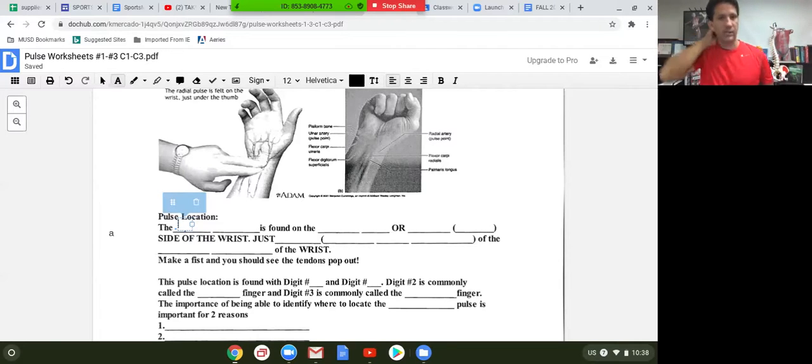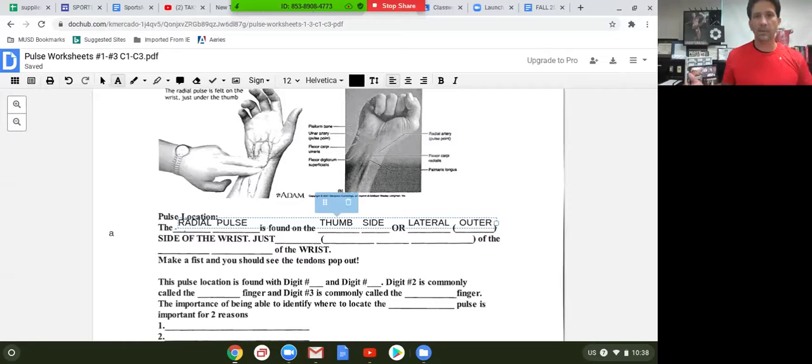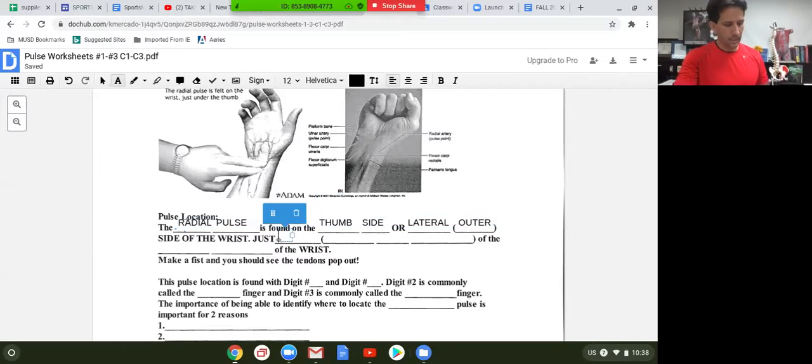Okay, so the pulse location, the radial pulse, is found on the thumb side or lateral, which is also considered the outer side of the wrist. At the radial pulse, the radial artery is found on the thumb side, or lateral, which is also considered the outer side of the wrist. Just lateral toward the outside